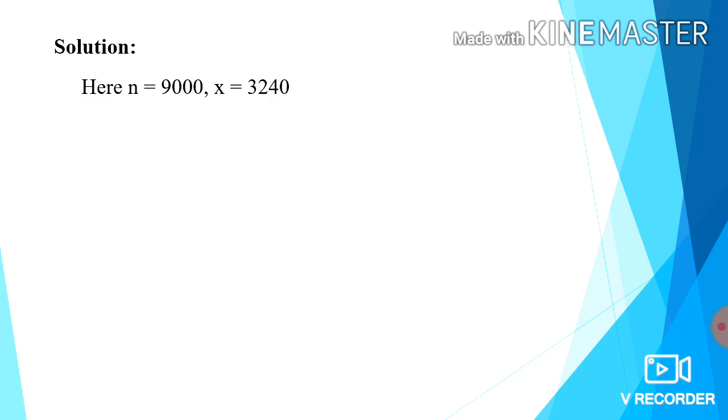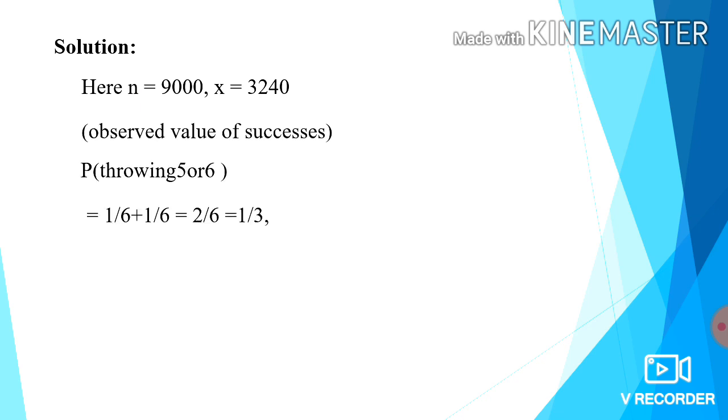So, the solution of this problem: N is 9,000. We are taking X here. X is 3,240, the observed value. Then P, the probability of success, is throwing 5 or 6. Throwing 5 is out of 6 one chance, and getting 6 is also out of 6 one chance. So 1 by 6 plus 1 by